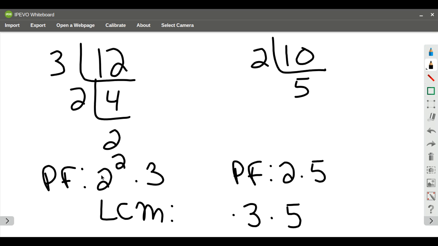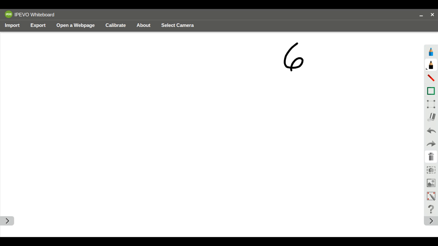Because this is the greatest number of times, I'm going to take 2 to the second power. Then I multiply those values together. 2 times 2 is going to be 4 because it's 2 to the second power, times 3 is going to be 12, times 5 is going to be 60. So the amount that I need to have is going to be 60 of each